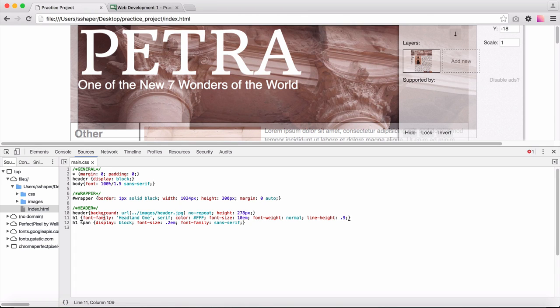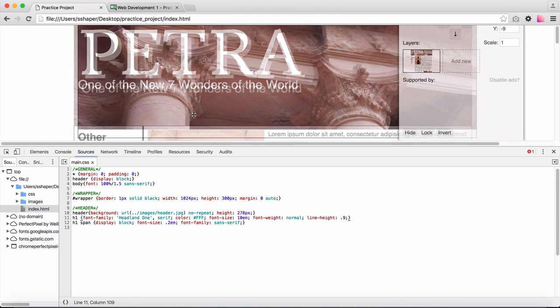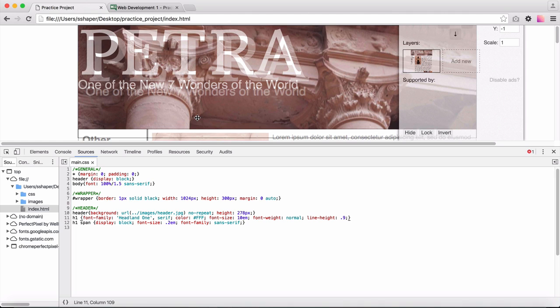In the last video, we saw how to line the Petra up with one of the 7 wonders of the world below it, all making it an H1. So now all we need to do is place it in the right position, because we can see if we move our screenshot to where it matches in the top left corner of the actual page,